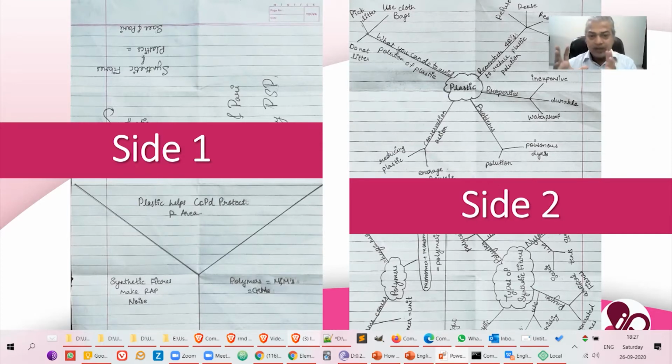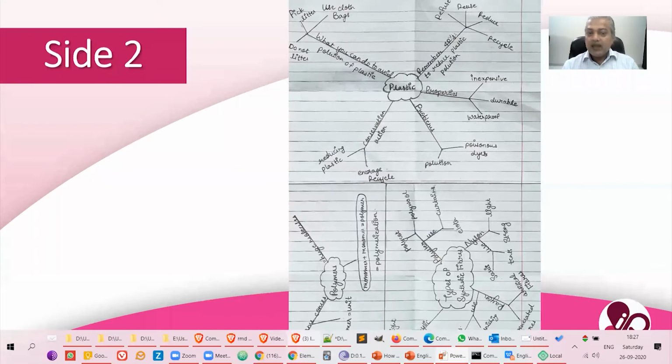Yeah. Side two. Let's start looking at side two. Okay. So basically, back and front. That's what I've shown on the screen. Okay. So let's have a look at side two. What we've got here? Okay, so basically there are three major topics in this chapter, and depending on how much space a topic needs, you can divide this space. Okay, and draw a mind map of that topic.